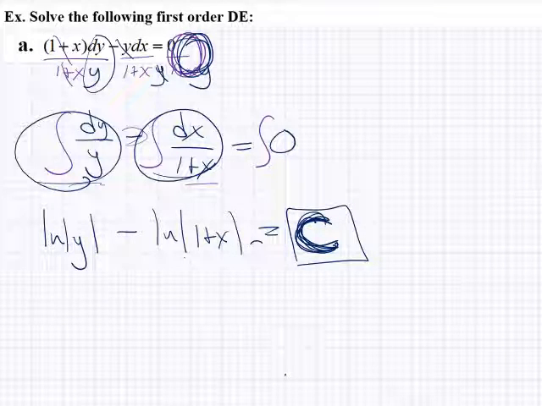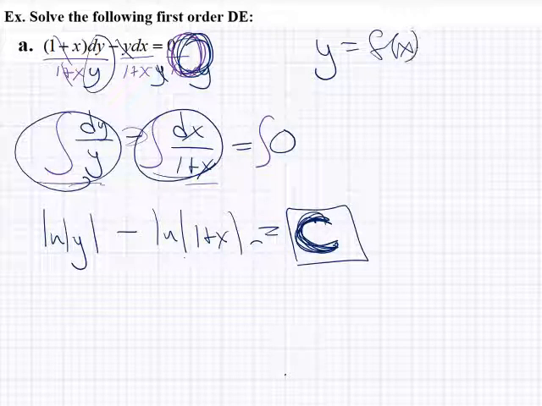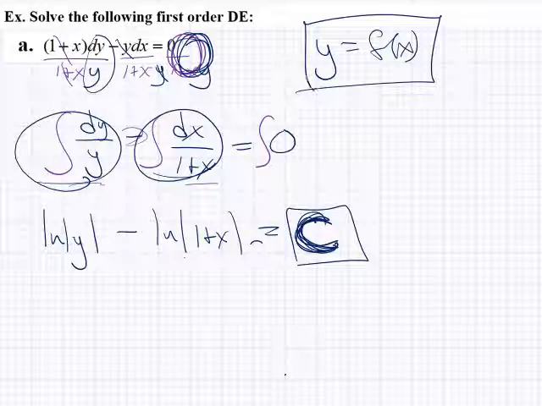Now, this is not typically the way you're going to see the answer written. It would be nice if we could write the answer in explicit form, y equals, in this case, say some function of x. We're not always going to get to do that, and sometimes it's fine if we can't do it. But if we can easily get to the explicit form, we tend to try and do that,